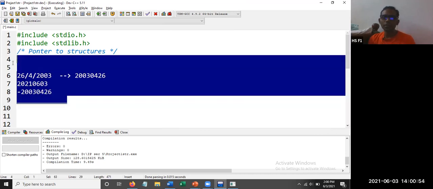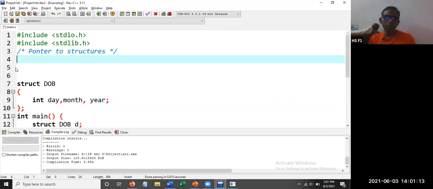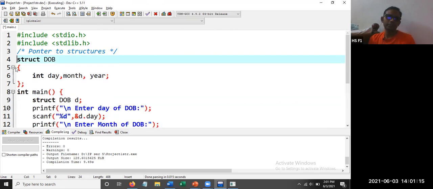Already in the last semester, you have worked on a similar type of application, which is going to print notes. How many 100 notes are there? How many 500 notes are there? How many hundreds, 50s, tens, etc. The same logic can be applicable here. So don't think about that much. You can work on it after the class.